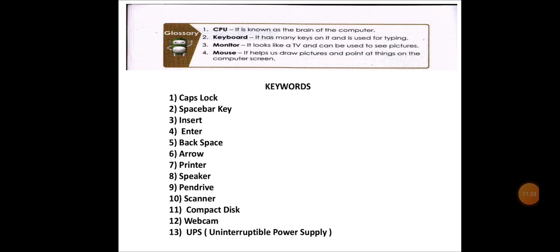Caps lock. It is a key on the keyboard. Next one is space bar key. Space bar key. Third word is insert.